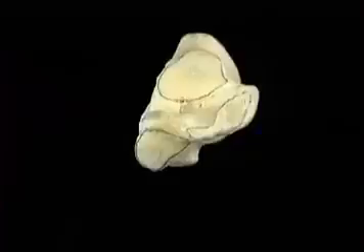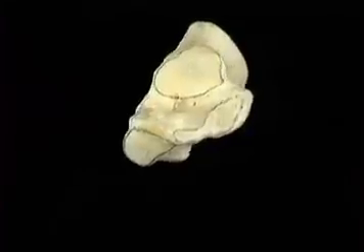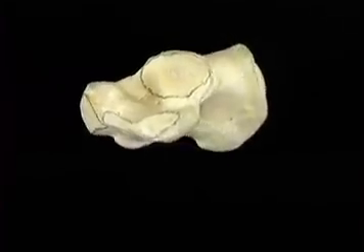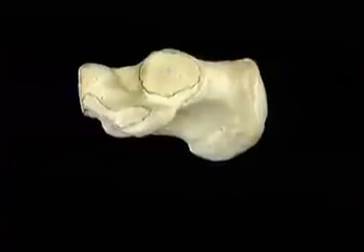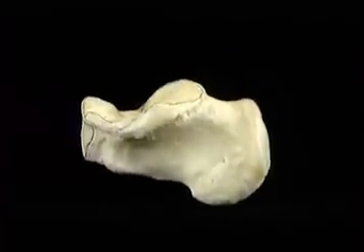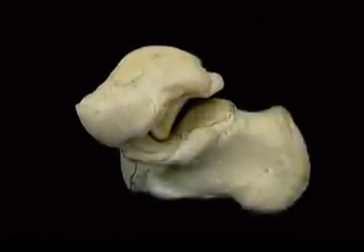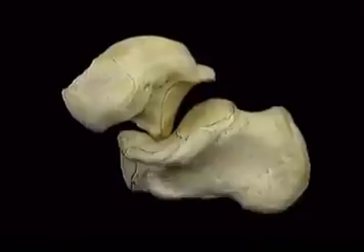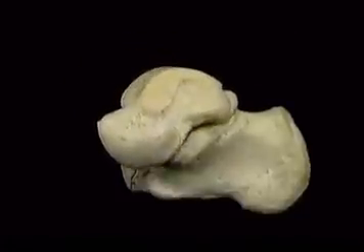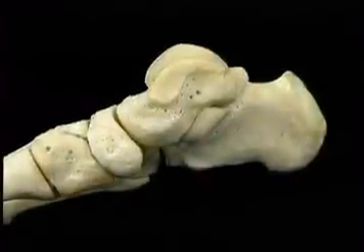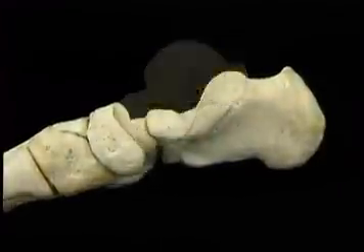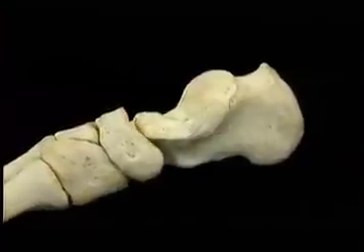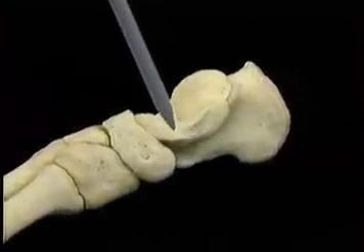On the upper aspect of the calcaneus, there are two articular surfaces for the talus, a small one in front, a larger one behind. The larger of these two surfaces, together with the corresponding surface on the underside of the talus, forms the subtalar joint. The head of the talus fits into a socket, which we'll see by taking the talus away. The socket is formed by this surface of the calcaneus,